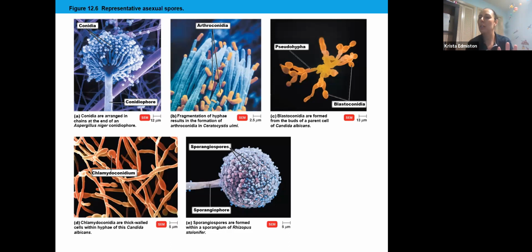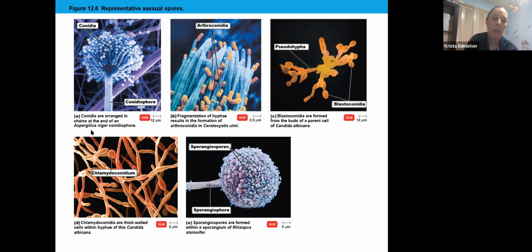These are lovely color-enhanced pictures, a little bit prettier than what we looked at under our microscope. With the Candida here, the little spores almost look like dandelions that you blow off into the world, with that tuft of all those little seeds on it. It's a similar structure, where they're spores that get distributed through the air or through the environment, and they can all be released to form a new